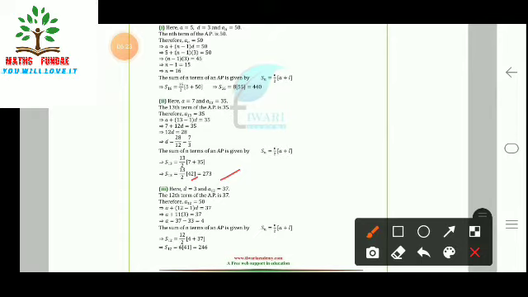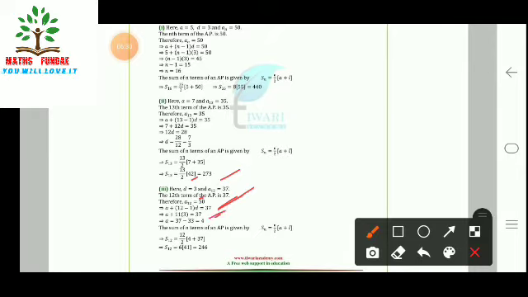So in the third part we can see d is equal to 3 here, a12 is equal to 37 here. Now the 12th term is 37, so a plus (12 minus 1) into d is equal to 37, it is given here. Okay, so a12 is equal to 37, not 50. So a plus 11 into 3 is 37, so on solving this, a is equal to 4.